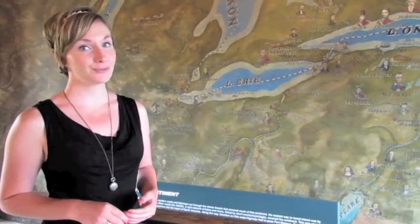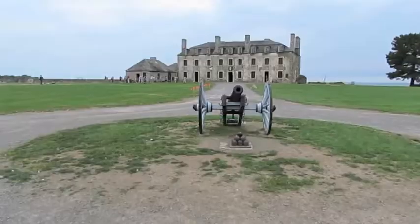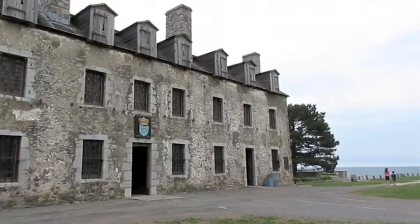We all know about Fort Niagara. We've also all read about Fort Niagara. But how much do we really know about Fort Niagara? Old Fort Niagara lies right on the water in Youngstown, where you get to become part of its vital history